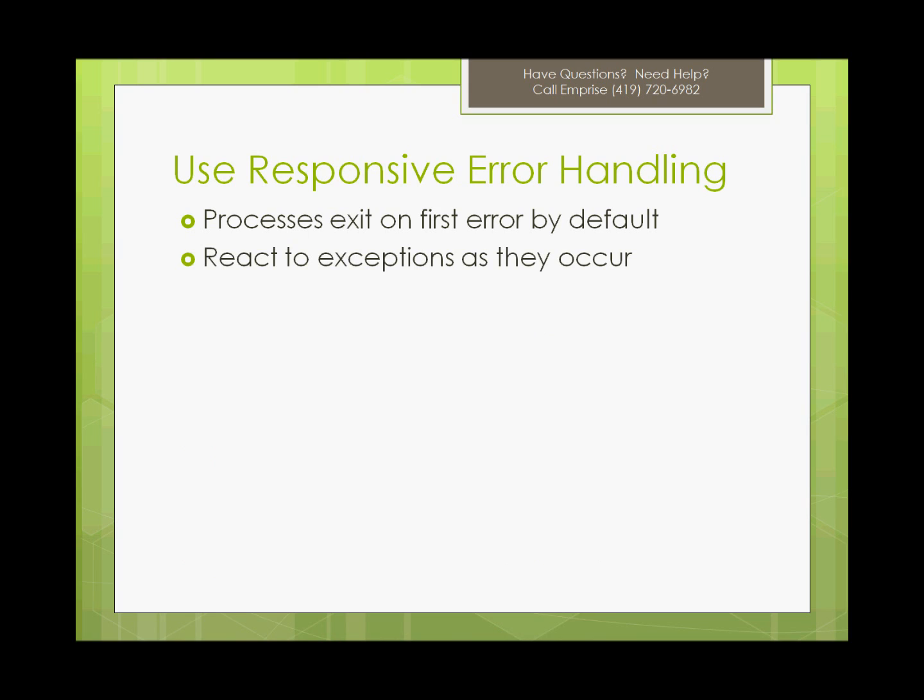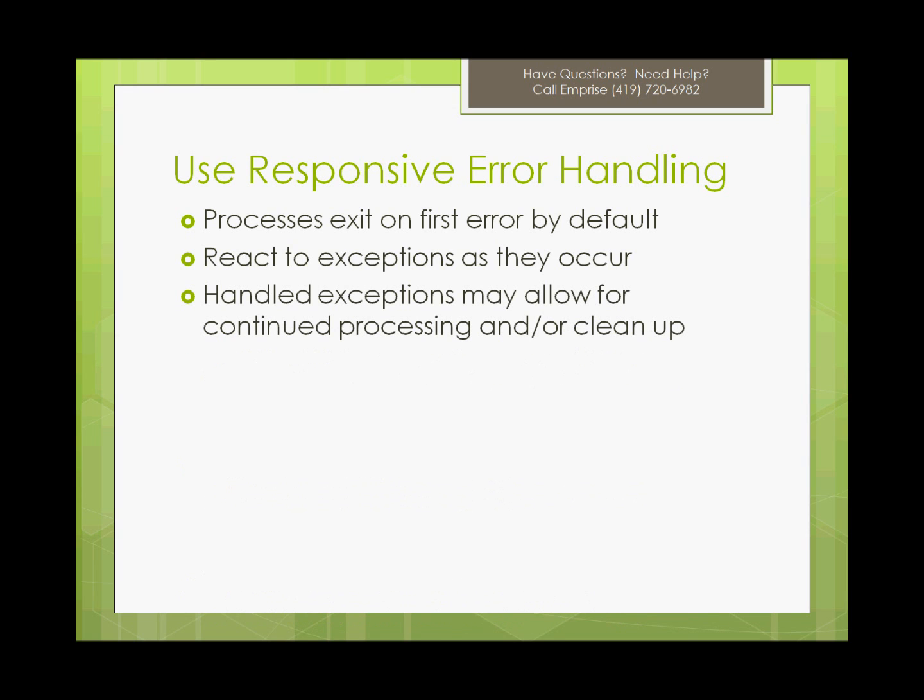Responsive error handling can be introduced to ensure that the business needs are met and all errors are handled appropriately as they occur. For example, if a step in a process cannot find a file, the process should not abort, nor should it continue execution as if the file exists. Instead, responsive error handling should be used to handle the missing file exception and send an email to the appropriate recipients. Custom error handling should be used to ensure that a process is behaving as intended as defined by the